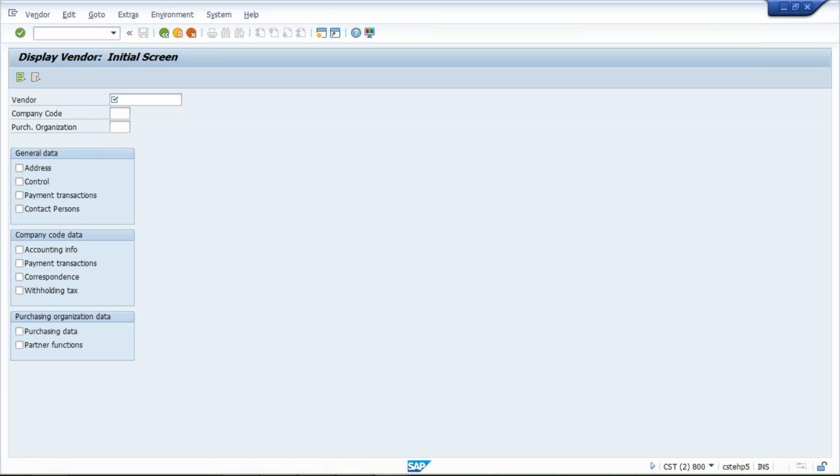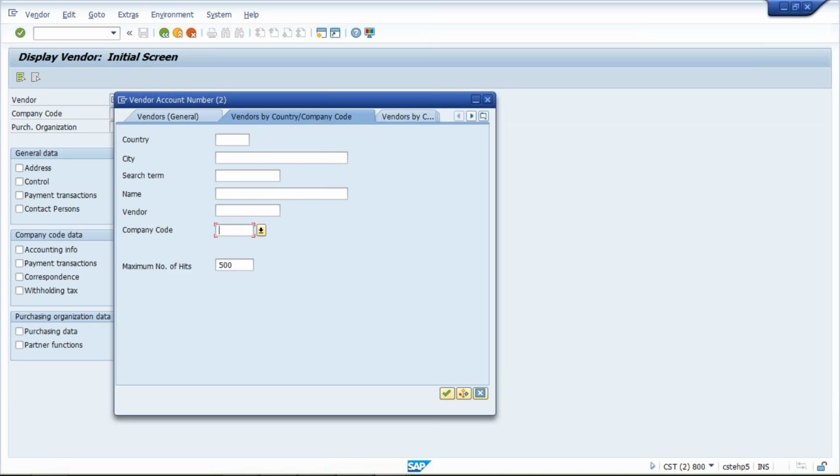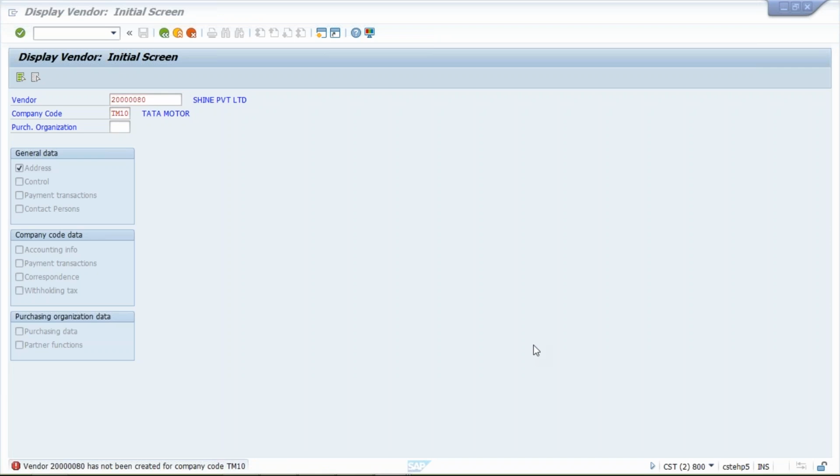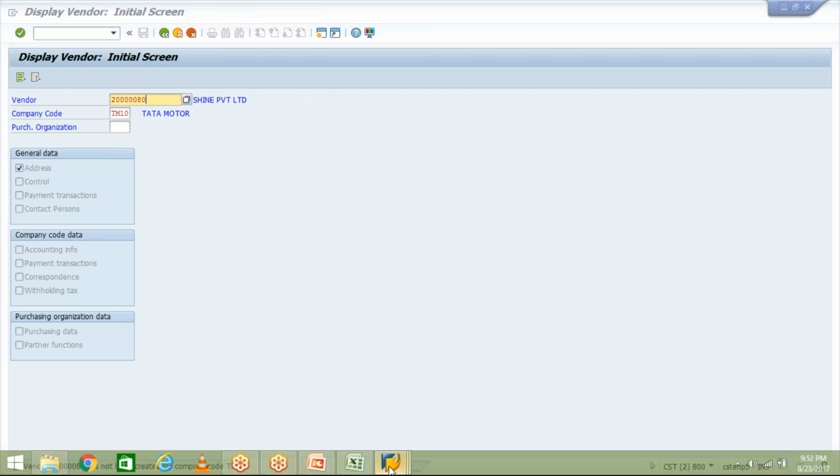Anybody able to remind the vendor? Say 80. So this is your vendor. Here, the company code is TM10. There is TM04. Company code is TM04.